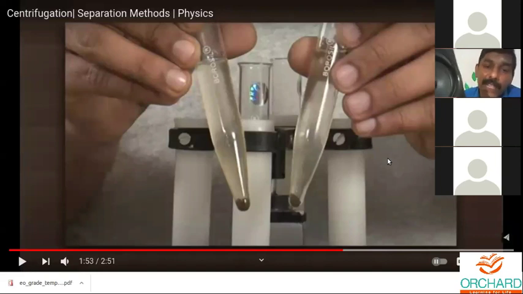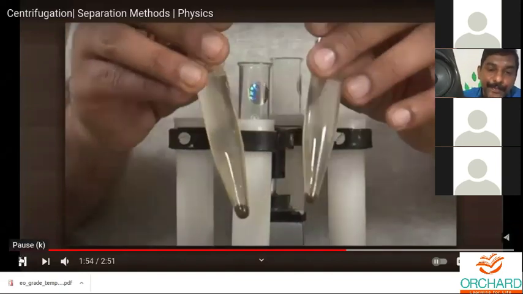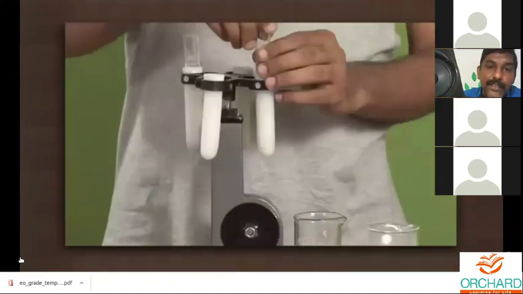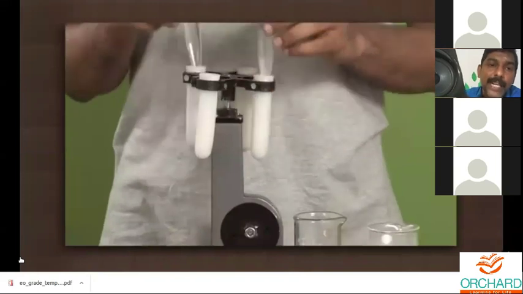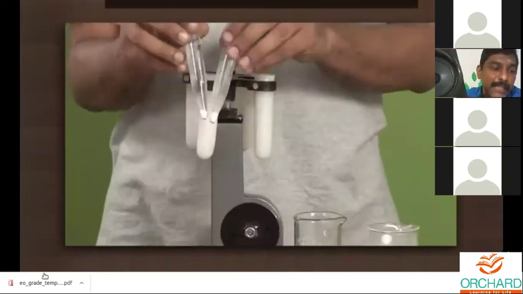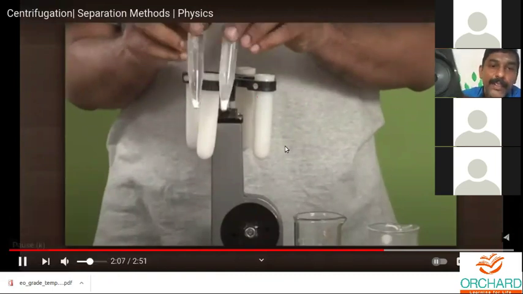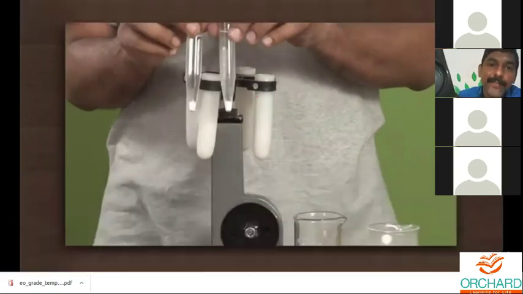Because of the centrifugal force, all those mud particles move away from the center and collect at the bottom of the centrifuge tube. They have settled in each of the test tubes. The calcium carbonate mixed with water becomes calcium hydroxide, and that calcium hydroxide precipitate is at the bottom of the tube. You can see the pure water on the top. This is the process of centrifugation. Are you able to understand the procedure?